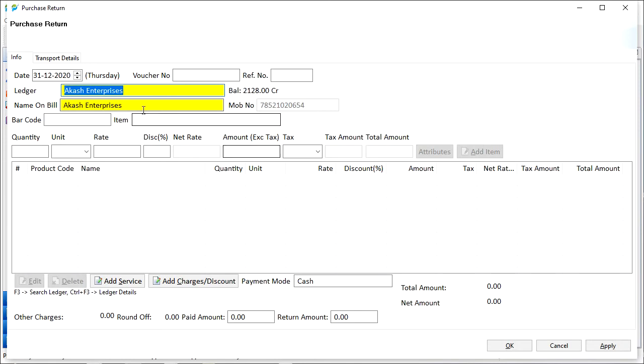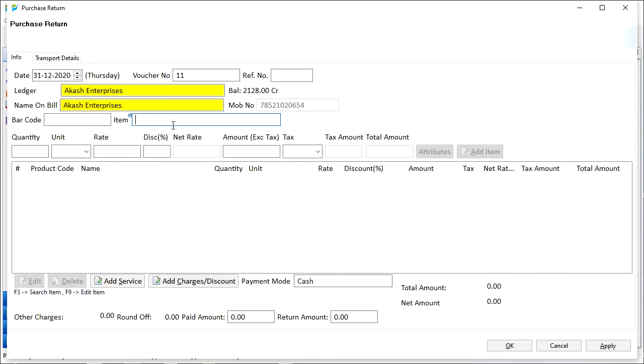The print name is copied automatically, however we can change it if required. We can feed all other details such as voucher number or bill number as per our requirements. Then we need to put up the items or services we want to return in the dialog box. For example, if the item to be returned back to the supplier are t-shirts, we will select t-shirts in the